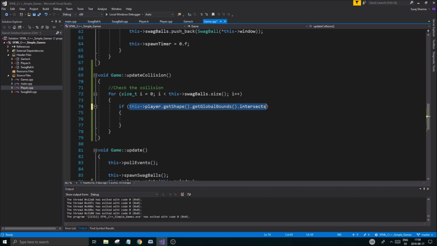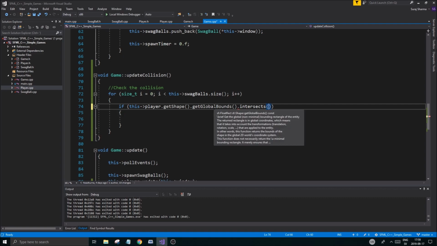So we're doing this long thing here, but it's very good, because you can see what's going on. You're getting the shape, you're getting the bounds of it. It's just 4 points around the object. And then we're just checking that for an intersect with another object, or another FloatRect, which this is. So it's just a rectangle. Imagine a rectangle of 4 points, and we're going to check if that intersects with